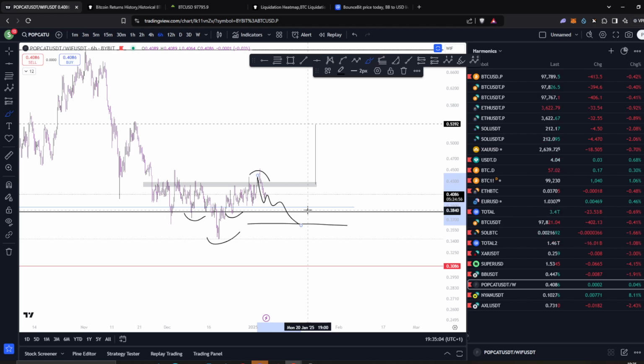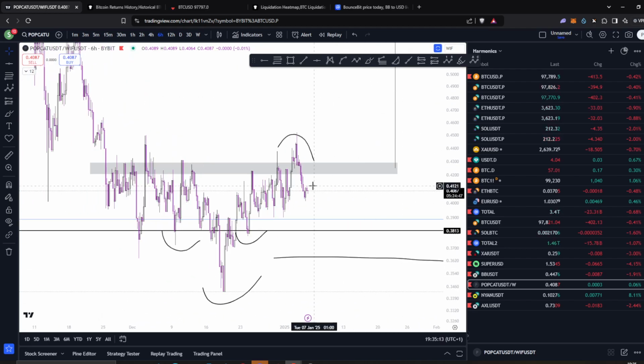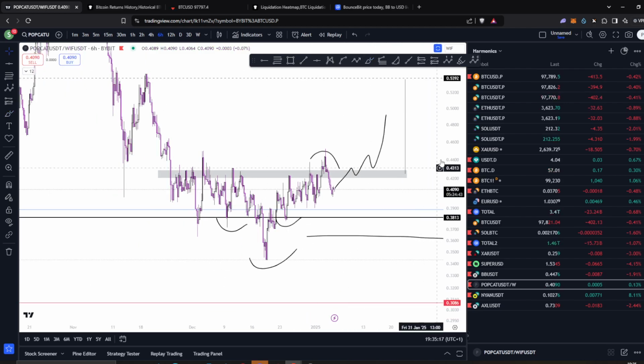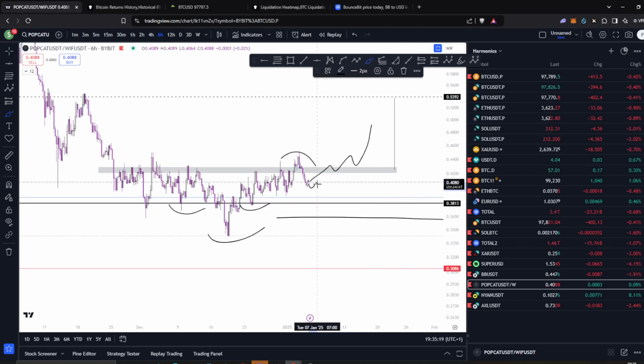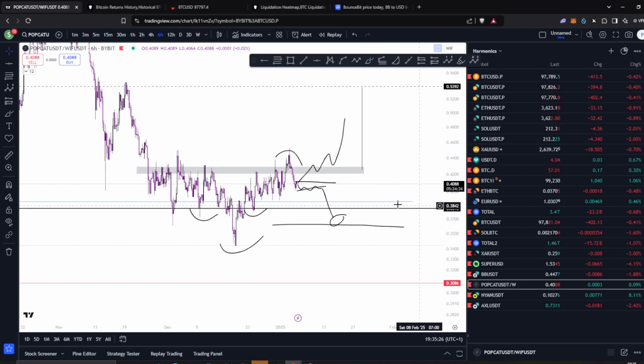Popcat is still likely to come back and sweep something of the lows, and of course it's a meme at the end of the day, so it could also just start creeping up. So if you do see this reclaim again here, then Popcat is likely to outperform, but if you do see consolidation here of some sort, then you are likely to see Whiff outperform Popcat. So I'm going to keep an eye on this